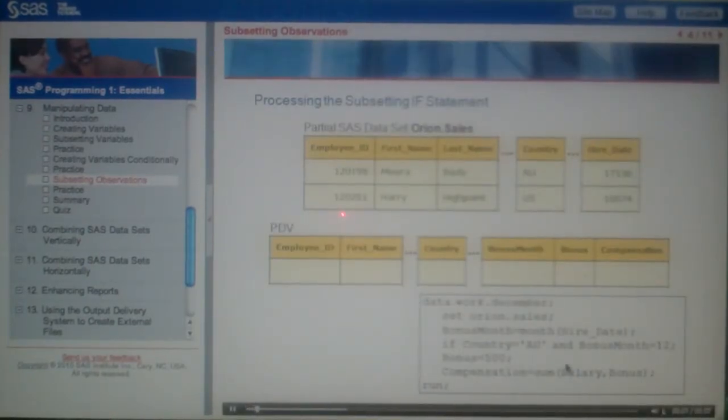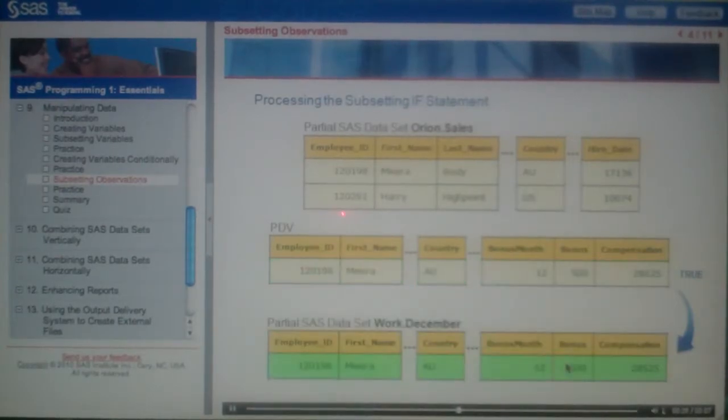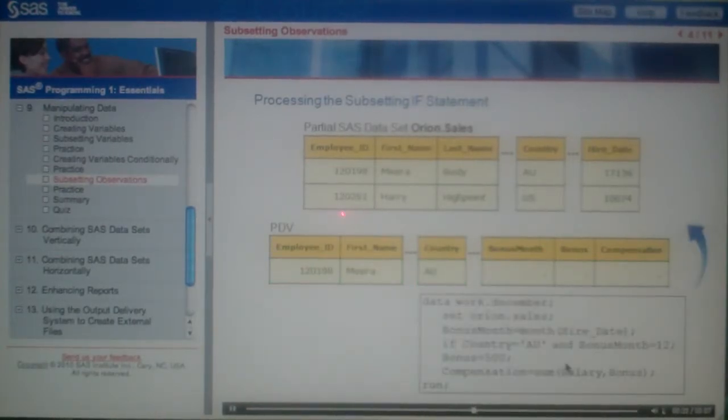Let's see how SAS processes the subsetting if statement. SAS reads the first observation from the input data into the PDV. Next, SAS calculates the value of bonus month. Then SAS evaluates the if expression. If the expression is true, SAS assigns the value 500 to bonus and calculates the value of compensation. Finally, SAS writes the observation from the PDV to the output dataset and processing returns to the top of the